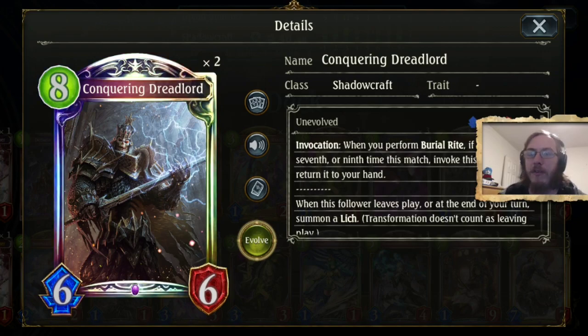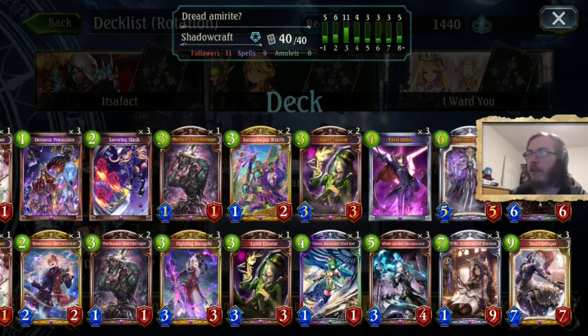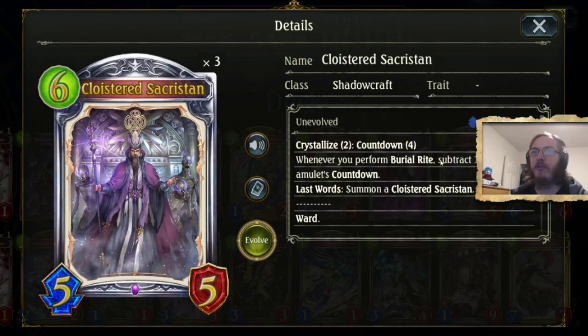Because it'll invoke onto the field and then bounce to hand, and then when it leaves the field and goes into your hand, we get a Lich. And then you get to play it once you have 80 mana. And then once you've done that, it's just going to make a Lich every turn. And I got 2 of them in the deck. If I had a third one, I'd put it in here. But this is the real